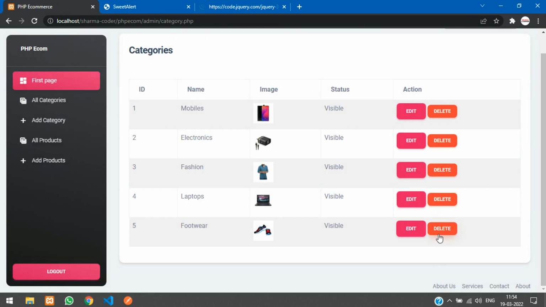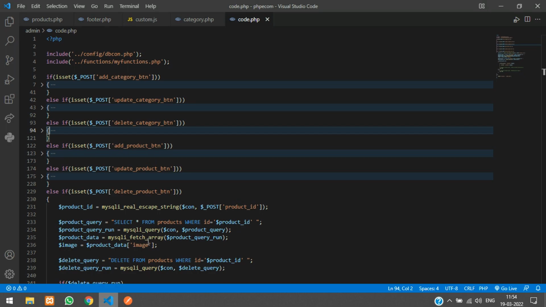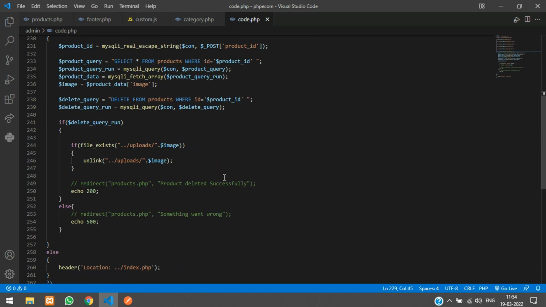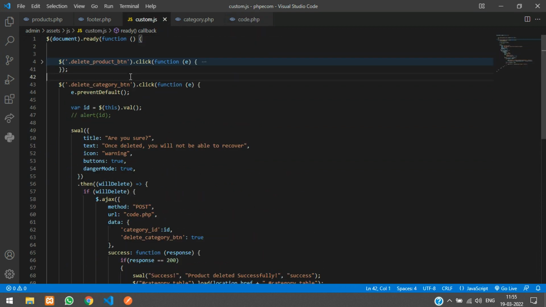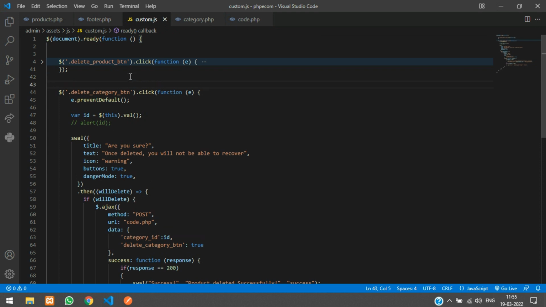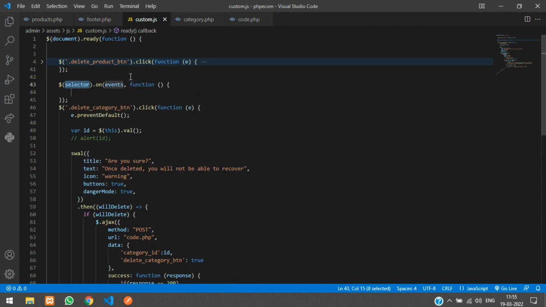So once you click this delete button and it is deleted and this div is reloaded, then again this click event is not going to work. So we have not reloaded the whole page, right? So this click event is not going to work in this jQuery. So for that we are just going to change this click event to jQuery on. So instead of using the click event, we are going to use the jQuery on. Okay, so I'm going to say jQuery on, and here